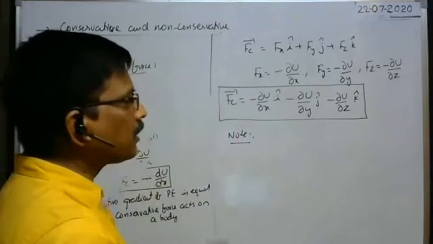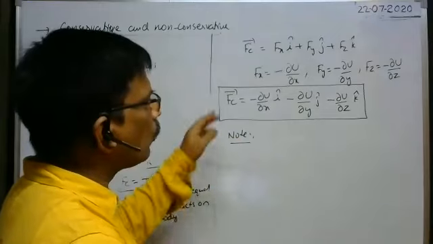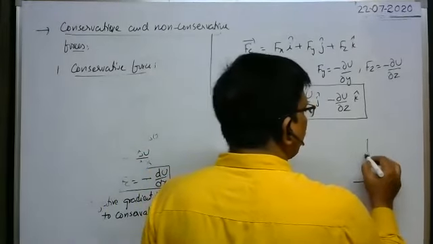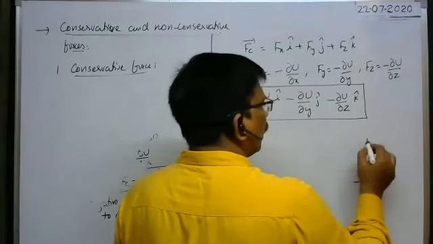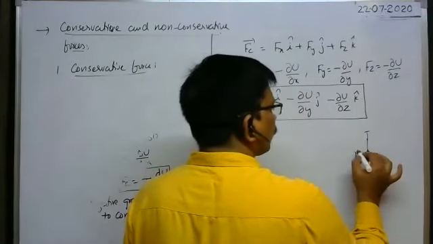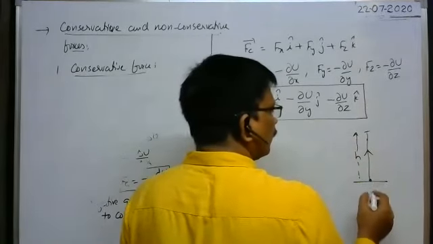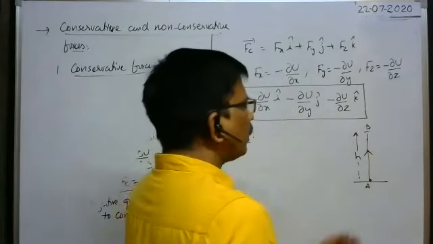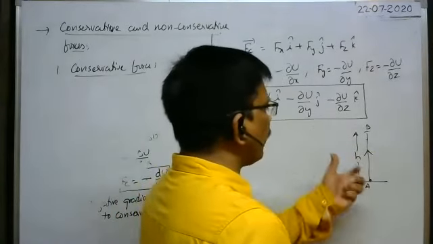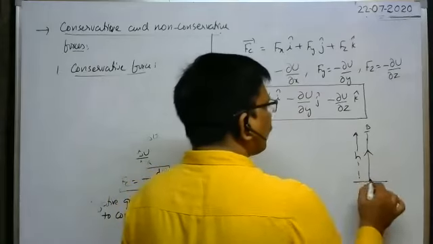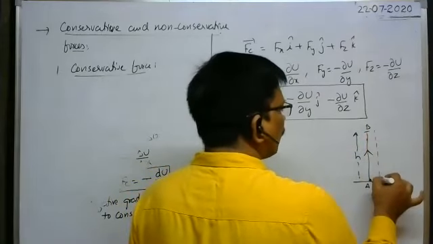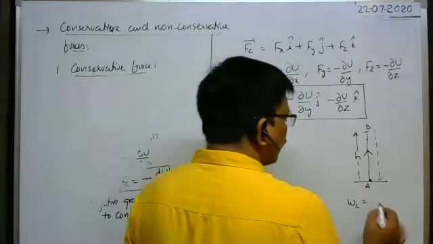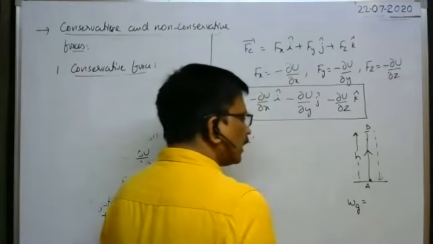The work done by the conservative force on a body along a closed path is equal to 0. Best example: a body is projected vertically upwards with a certain velocity, then it reaches a height, say h. Then after it reaches the highest point, again it comes down and finally reaches the ground. In this case, what is the work done by the gravitational force on a body?